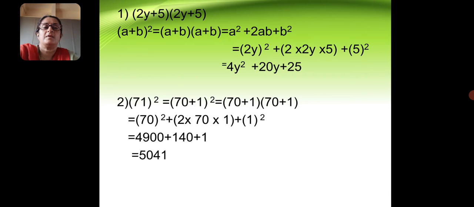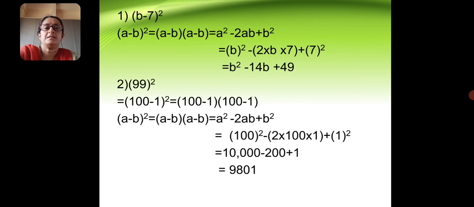Now we will find the square of numbers using the same identity. Now 71 square. Instead of doing 71 into 71, using the identity we are going to split it into two parts, that is (70 plus 1) the whole bracket square. So 70 plus 1, 70 plus 1. We consider 70 as a and 1 as b. First, a square is 70 square. Last, b square is 1 square, and in between 2ab, that is 2 into 70 into 1. When you solve it, you will get 4900 plus 140 plus 1, that gives us 5041.